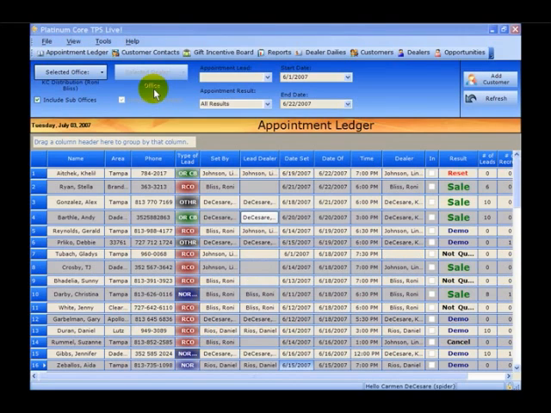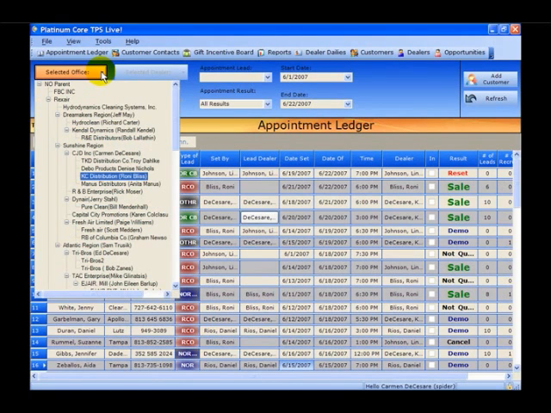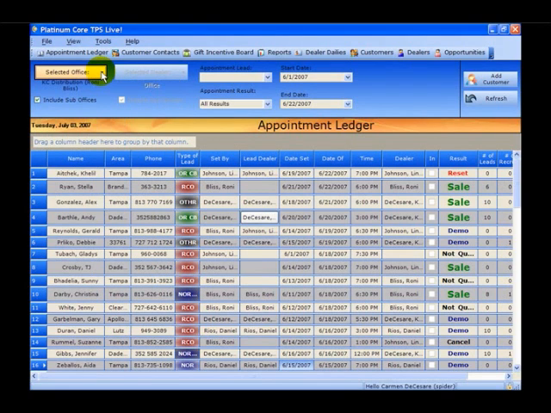Upon logging on to TPS Live, the very first page that you're going to see is the actual appointment ledger that you're using. This appointment ledger certainly is the control panel for everything in the program, because everything in this program comes right from this appointment ledger. As you can see, you can access the appointment ledger, customer contacts, gift incentive board, any of the reports that we have, dealer dailies, customers, you can access all your dealers, and of course, the all-important opportunity